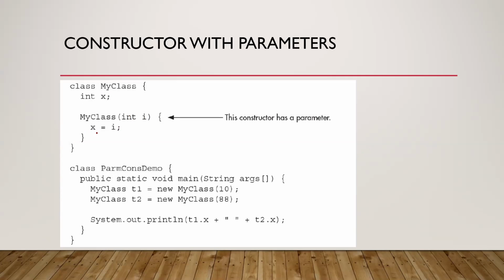Let's go to the same account example. Some customers will start by depositing 1,000 rupees. Some customers may start by depositing 5,000 or 10,000 rupees. So if I have a constructor with a default value of 1,000, that will not work, because different customers will start with different balances in the account. So you need to put a parameter in the constructor: what will be the starting value? And this is what is happening.